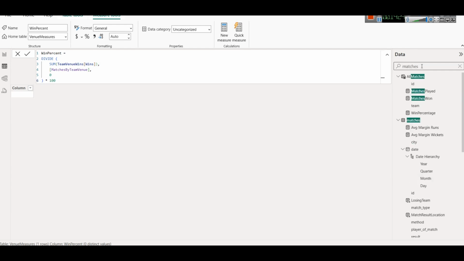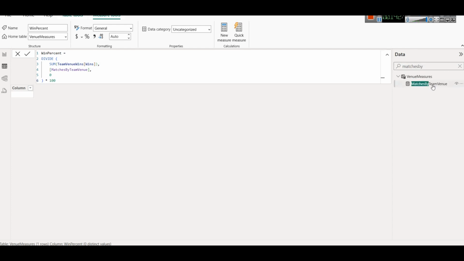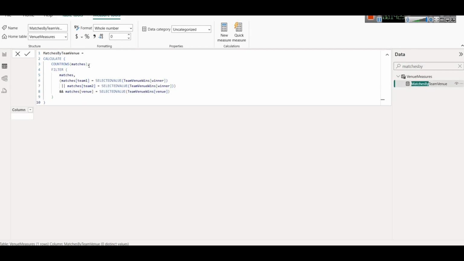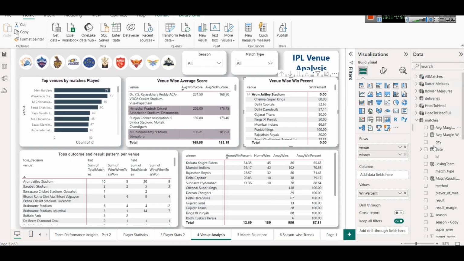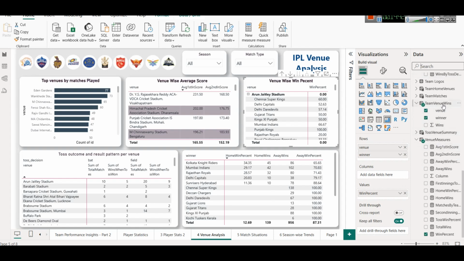So matches by team venue will be this: calculating count rows of matches and filtering matches. And when we are saying selected value, wherever we will use this particular table, the team value wins. So now Chennai Super Kings is the selected value in the row, and then it is calculating the percentage. So you can see, and Punjab Kings